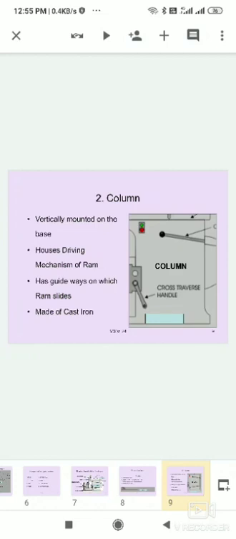It houses the driving mechanism of the ram on the inner side. It is made of cast iron. Generally the column is mounted on the top position of the base.